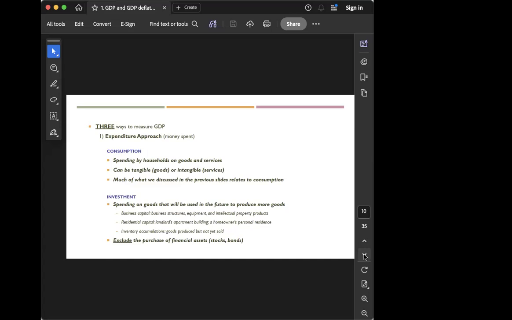That is supposed to be investment. If a company builds a new factory, that is also investment. What else? Residential construction, like a new apartment building or a new house, also counts as investment. One last thing is inventory accumulation. That also counts as investment because the goods were produced even if they have not been sold yet,